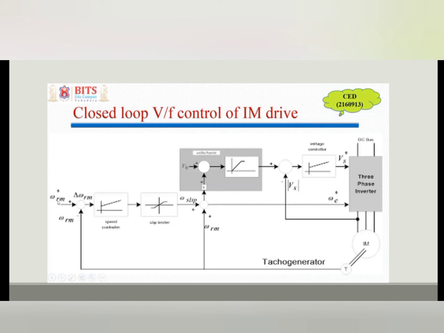Finally, the desired VA, VB, VC will be given to the PWM control circuit, where they will be compared to a triangle carrier signal and generate the gate signals for the switches in the inverter. At last, the inverter will give the desired voltage and frequency based on the desired rotor speed given.